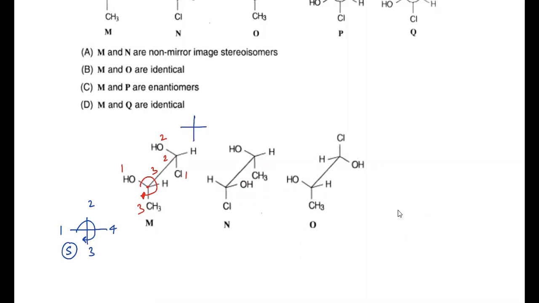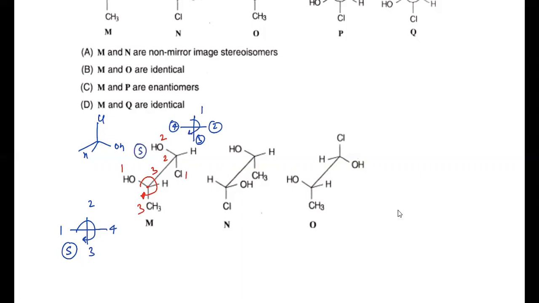Write the positions. So if we rotate it and make it on the back side, you can write it like this. Bring this Cl up, on this side OH will come, on this side H will come, and this is the front valency. So this is position number 1, Cl is number 1, OH is number 2 priority, so it will be on this side. H is priority number 4, this is position number 3. So now if we move 1, 2, 3, the sense of rotation is clockwise, so this configuration is